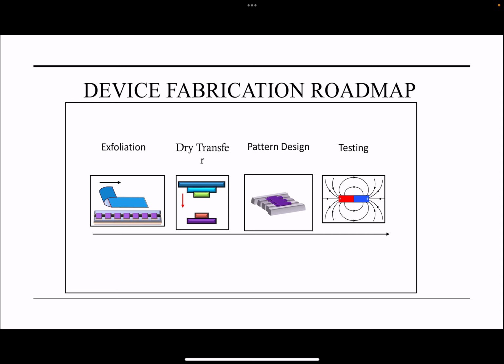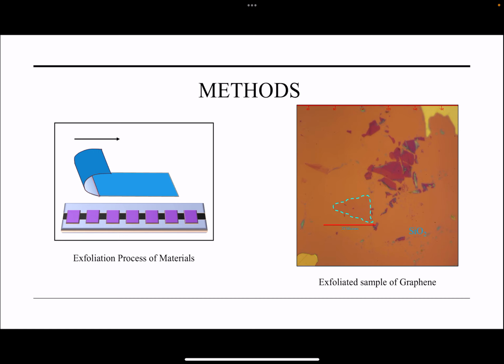This will be the device fabrication roadmap. That is, these are the steps that are usually taken when producing one of these devices. We start off with exfoliation, dry transfer, pattern design, and then finally move on to testing. Now, what this first part, exfoliation, entails is